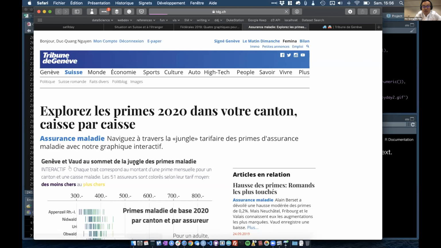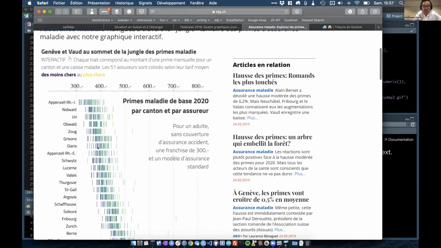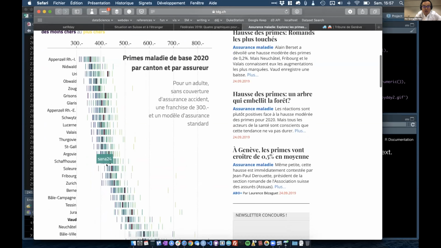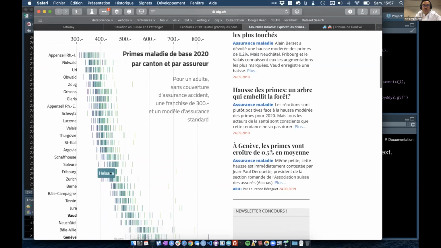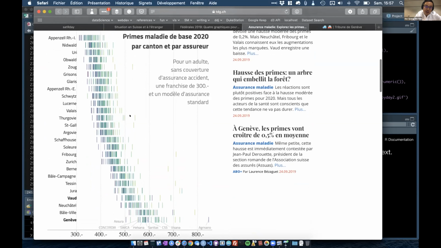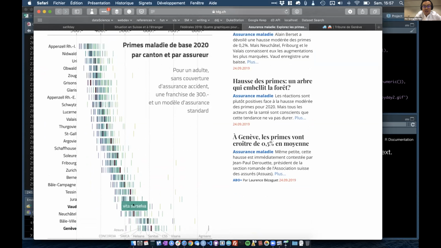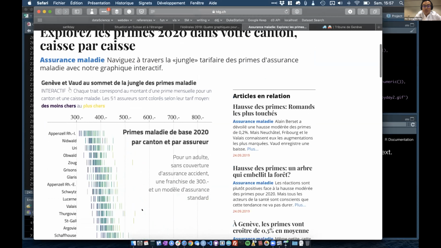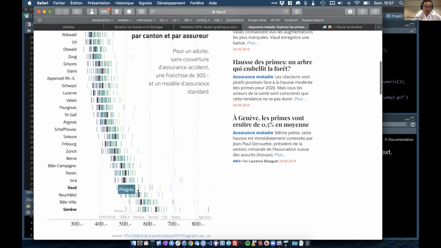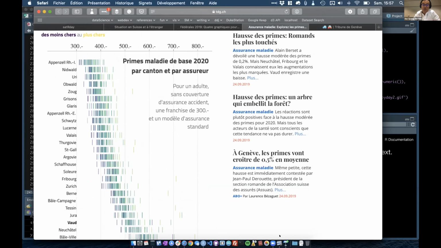So I used ggplot2 to make this chart, and the interactivity is with ggiraph, as you can see. Each of those lines is a canton, and it's the premium price for an adult, 300 Swiss franc premium. It needed to have some kind of angle, and I guess it's to show how high Vaud and Geneva are regarding the healthcare premiums. It's not a long article, it was really mainly just this graphic, but it was produced quickly thanks to R.